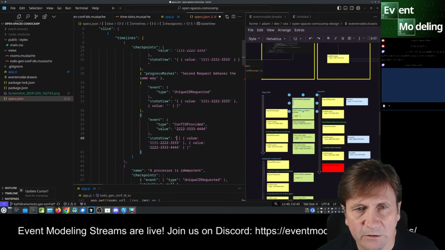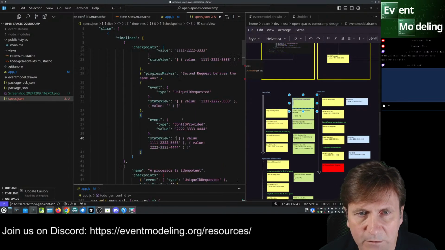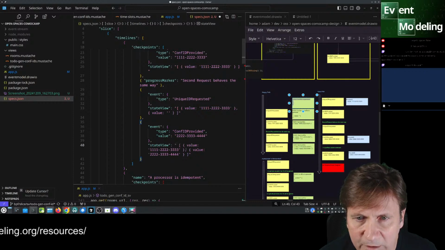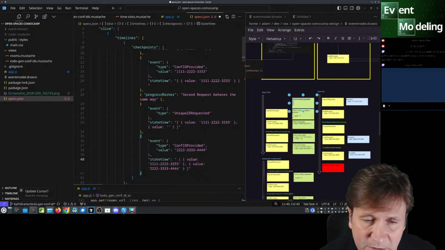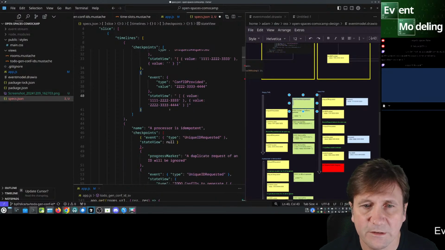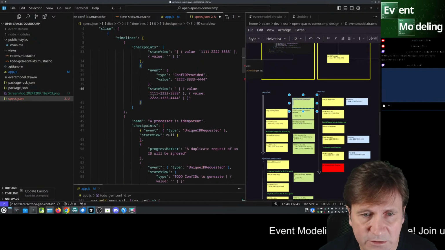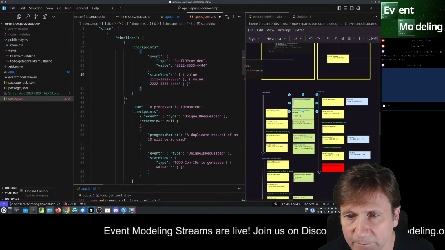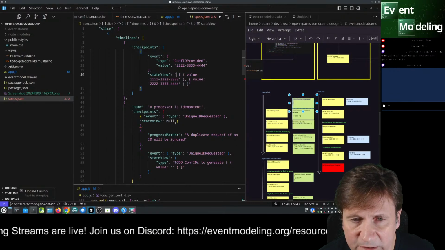So let's see, did we finish the happy path here? Requested, provided, and yes, so that's the second request, and we said second request the same way. Yes, and then we have this other next timeline, which is here a processor is idempotent. We have an event as the first thing, and the state view is null.